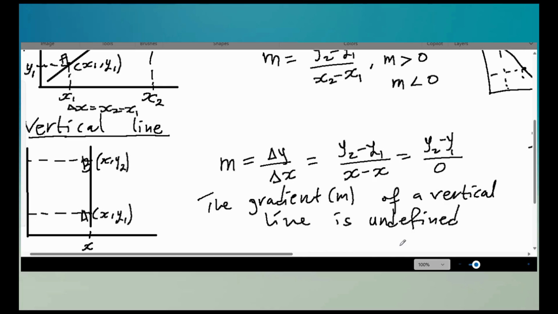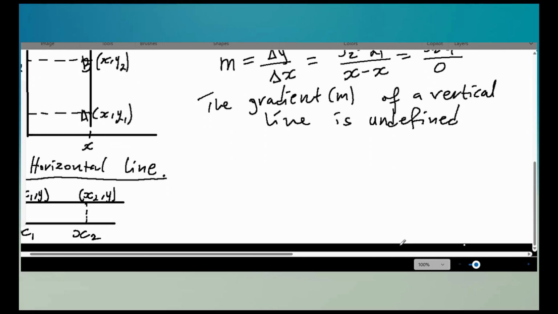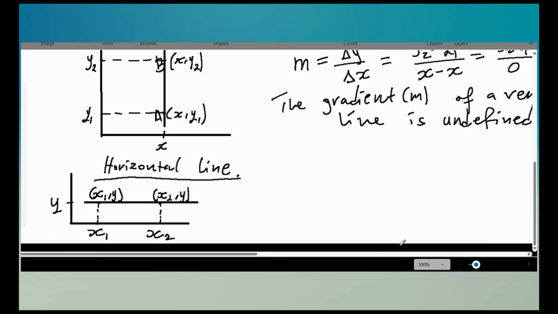Now again, I want us to look at another scenario. What if we have a horizontal line? Yeah, this time around we do have a horizontal line. We want to find the gradient of that horizontal line. So we can have the point A again, which is having the coordinates x1, y, and then we can have the point B having the coordinates x2,